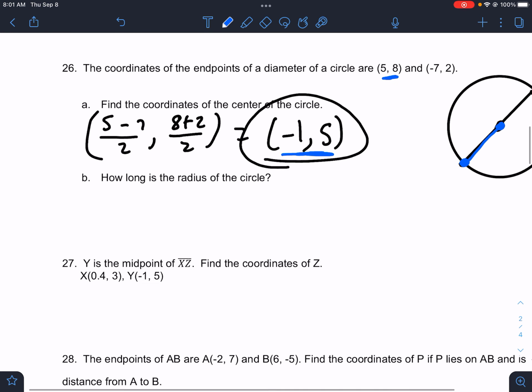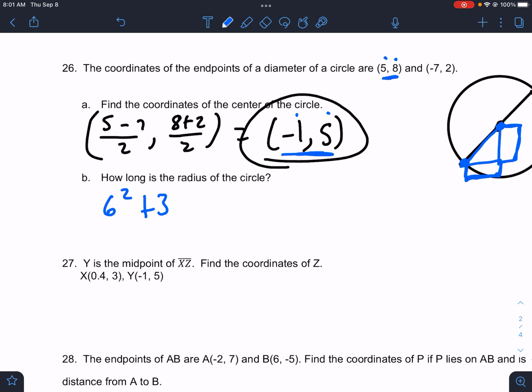So what am I looking at? I'm looking at the x's. How far is it from 5 to -1? That is 6. We square it. So remember, it's like a right triangle on a graph, right? Like you're making a right triangle. How far apart are the x's? That's like your a. How far apart are the y's? That's like your b. We're doing a squared plus b squared. So we look at the y's, 8 and 5. Those are 3 apart. We square it. And so it's the square root of